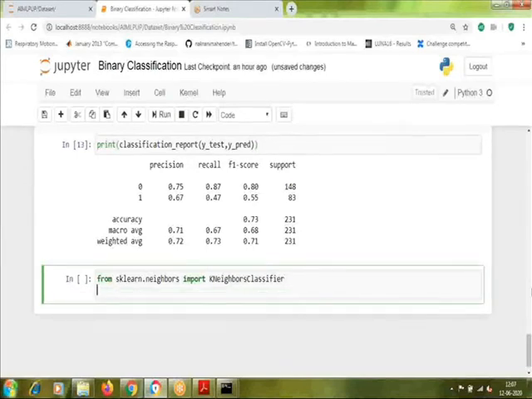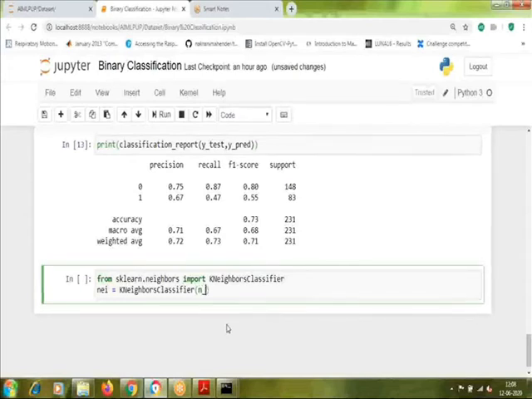Once you import that, you need to initiate that particular model. It's a big name, so we can just copy and paste it.